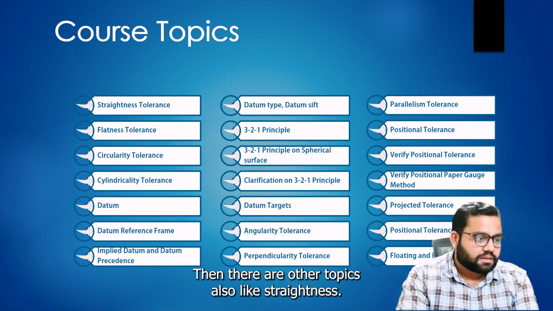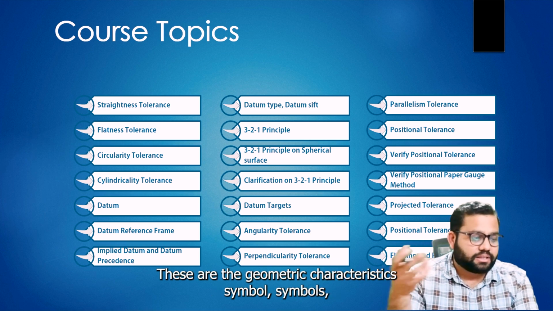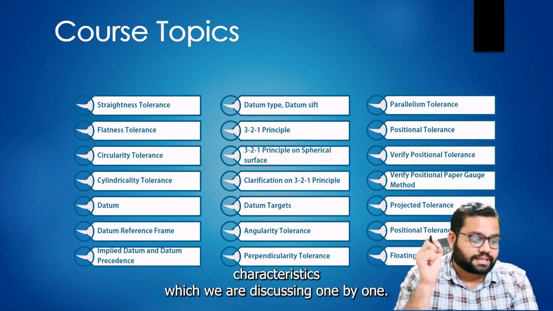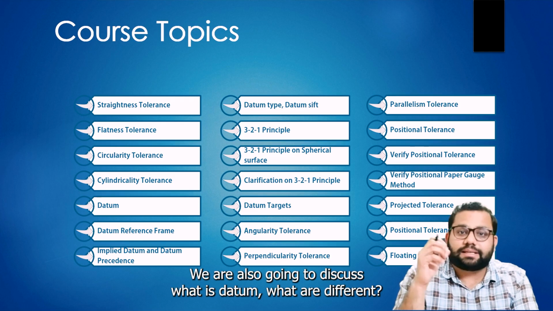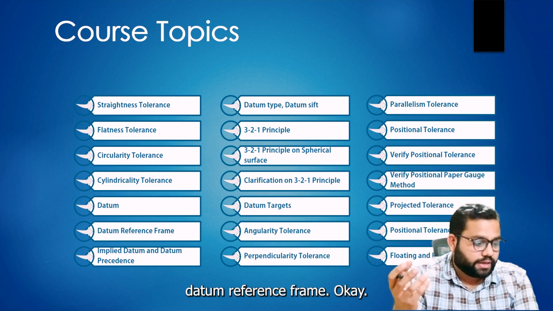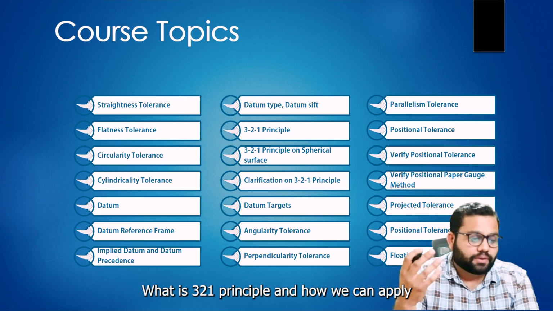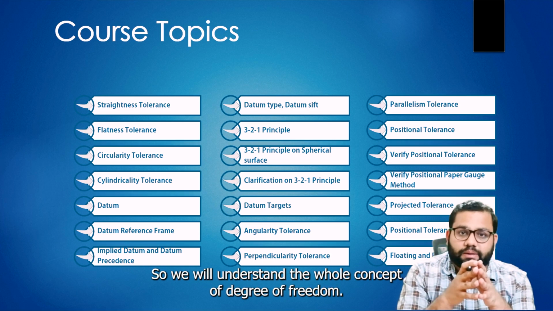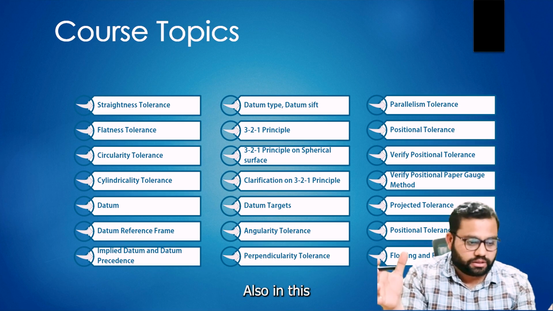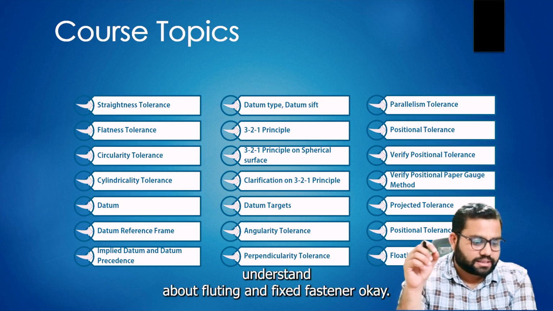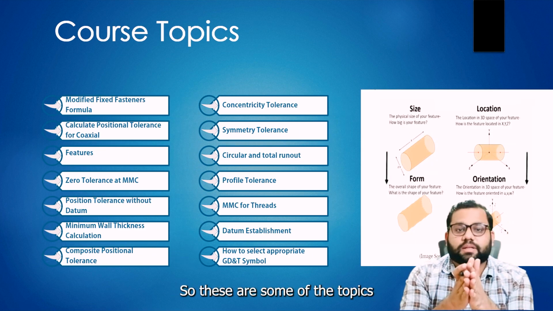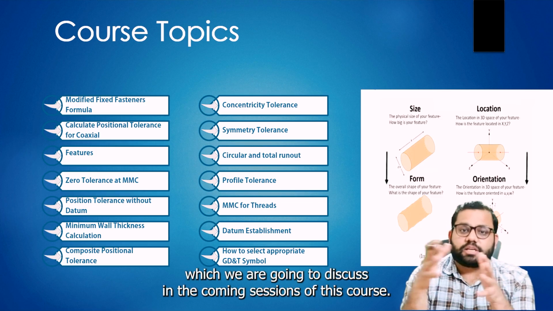Then there are other topics also, like straightness. These are the geometric characteristic symbols which we will be discussing one by one. We are also going to discuss what is a datum, what are datum reference frames, what is the 3-2-1 principle, and how we can apply the 3-2-1 principle with the help of degrees of freedom. So we will understand the whole concept of degrees of freedom also. We are also going to understand floating and fixed fasteners, and many more topics. These are some of the topics which we are going to discuss in the coming sessions of this